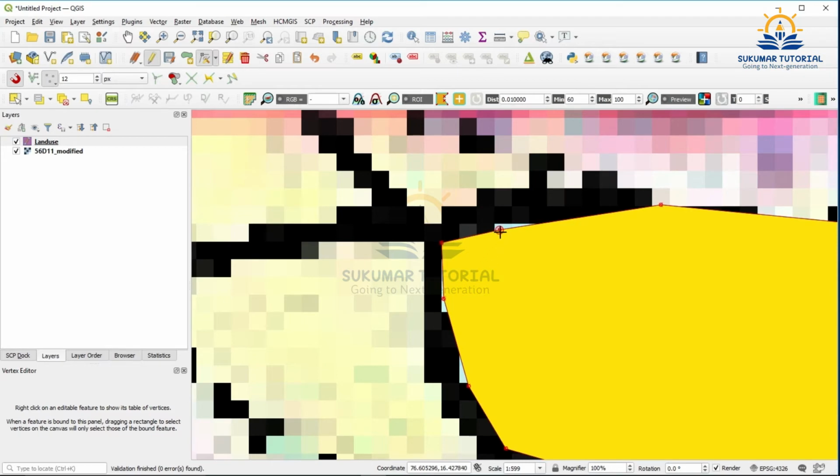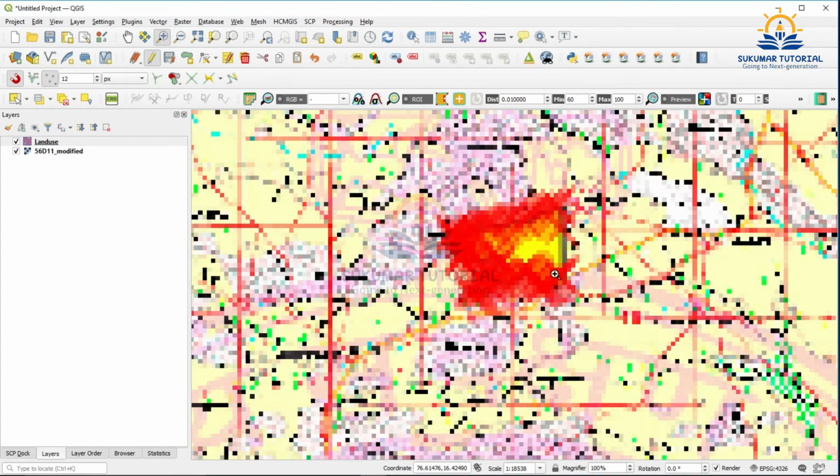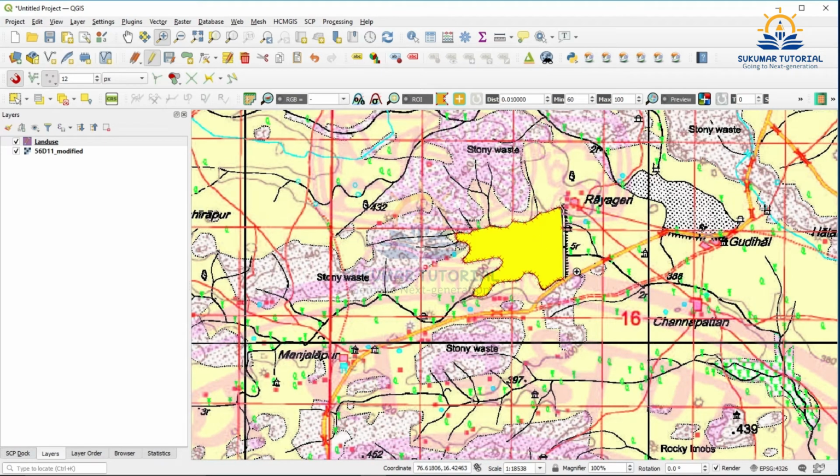Similarly this I want to slightly lift it up, one click, second click I have to move up, one click. When you click, one square pattern will come, then move towards whichever direction you want. So here also I have to click, one square is there, just move to the left, so it has adjusted. So now I am seeing the entire area. See, my reservoir has come perfectly, so I am just deselecting.